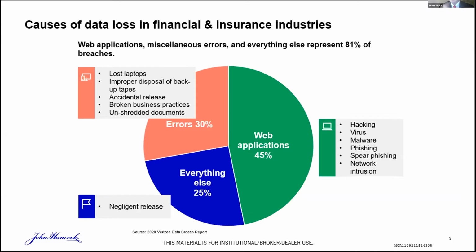So the easiest method to get data and commit financial crime is to crack passwords, so ensure that you're using different passwords for various applications. Never use the same password. We recommend with financial services, your banking, your credit cards, making sure that all of that is secured with a different password than you're using for social media. Facebook, LinkedIn, Match.com, some folks are using the same password for all. So if I crack it in one place that does not have as strong practices for security, make sure that your passwords are not the same, because if a fraudster gets into one password, they can get into all of your accounts.